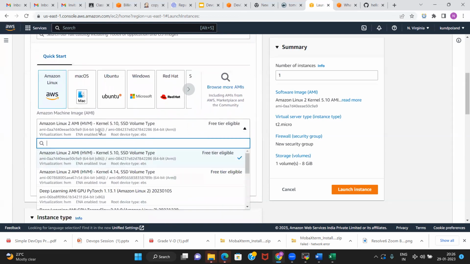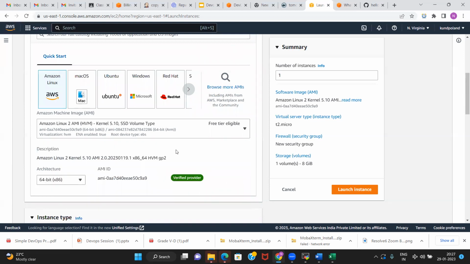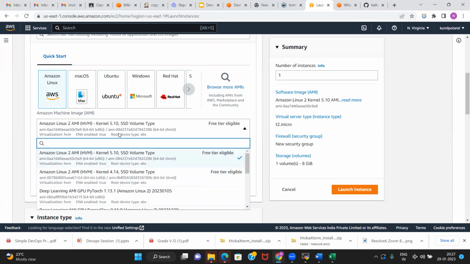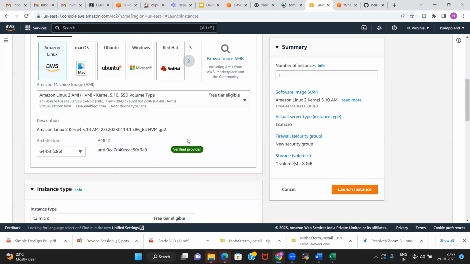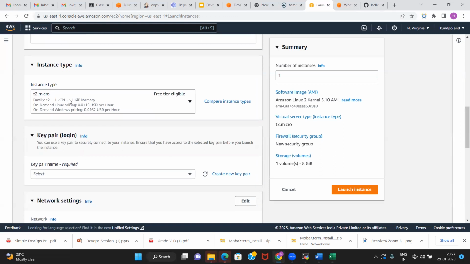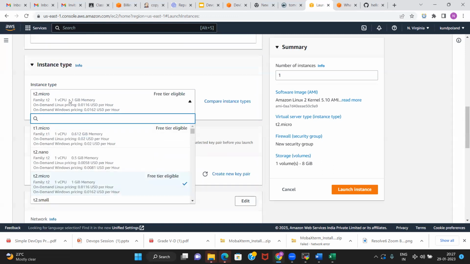Then you need the volume. So free tier, pick any free tier eligible option. It will have different options based on the memory and so on, so you can pick it here. Then instance type. You decided on the software, so what about the hardware?